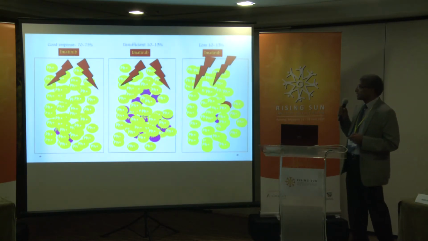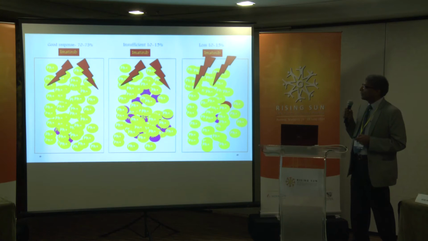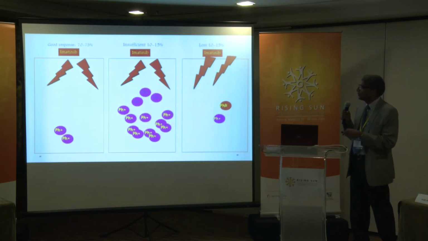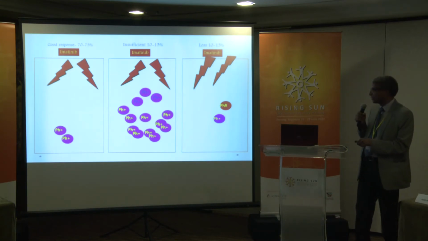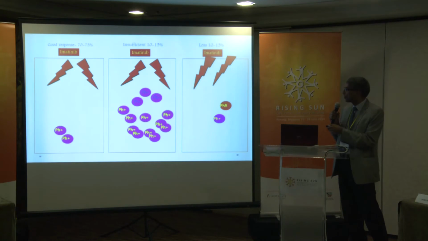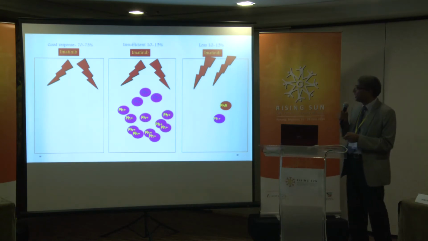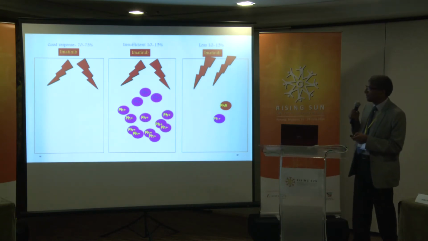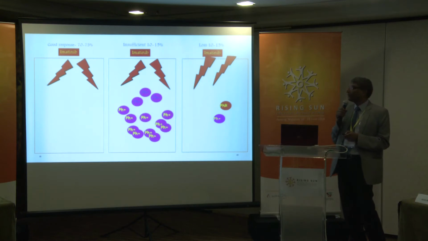So when you look at this cartoon, when you have a good responder, you have the rapid decline of the Philadelphia chromosome on this side, and these patients tend to do well. Whereas there is not much of a decline in the chromosome, but certainly a significant proportion which goes down. And in the third category, the Philadelphia chromosome comes down, but there are also some resistant clones which have emerged over here. And over a period of time, these disappear and the patient continues to do well.